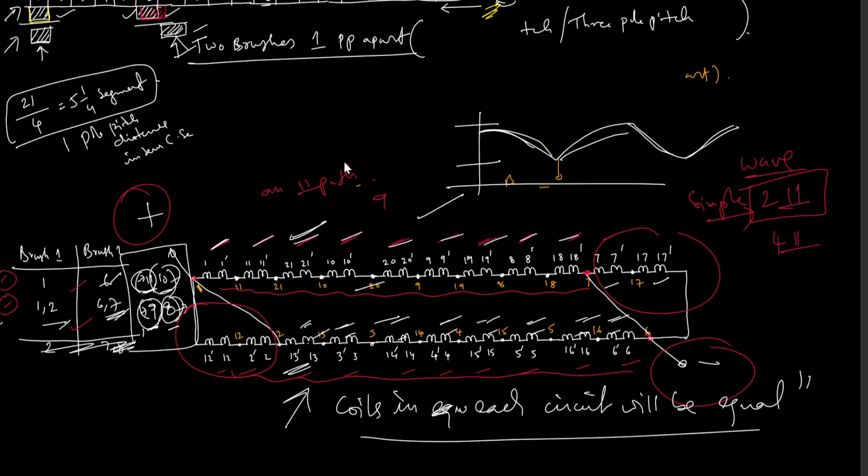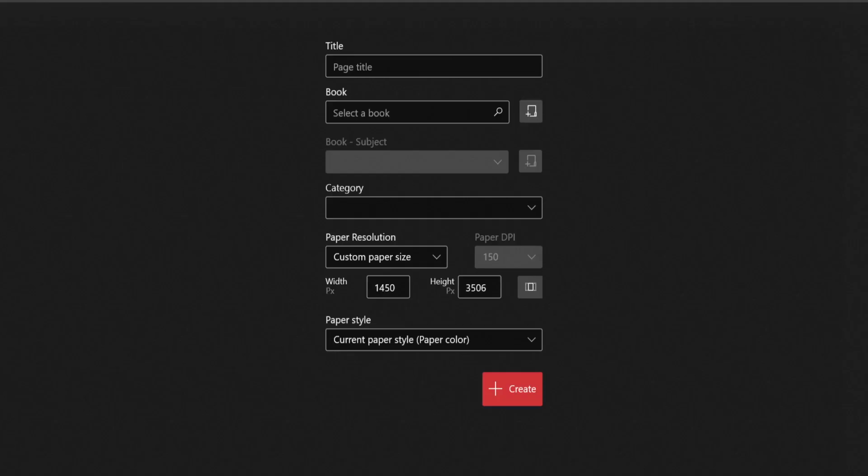Okay, so this example shows the brief idea about connecting the coils, how to develop a wave winding layout diagram and brush positions, and from there how the parallel circuits are identified, what coils are there in each parallel circuit, and how to draw the EMF waveform. Okay, now we'll take up a new example today.